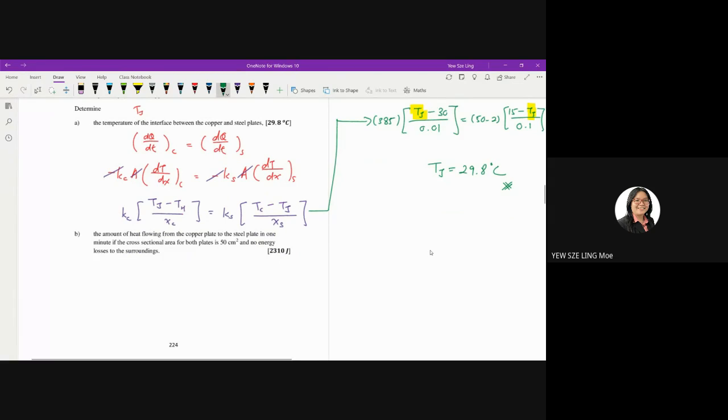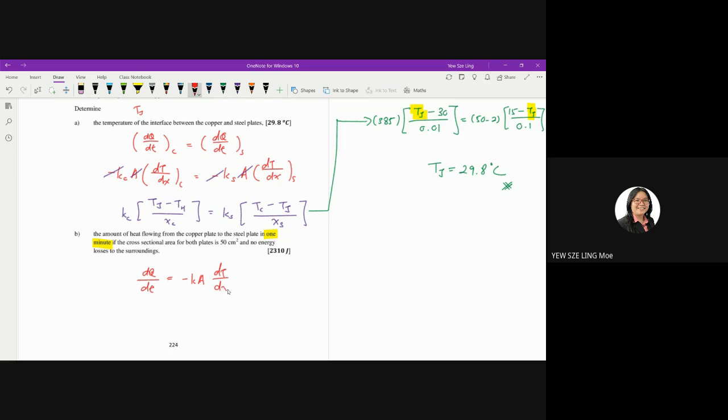Then question B. Question B asks you the amount of heat flowing from the copper plate to the steel plate in 1 minute. When we talk about the rate of heat transfer, we are talking about the amount of heat being transferred in 1 second. Now the question is asking for the heat transfer in 1 minute. So how are we going to solve it? Well, obviously, we begin with dQ over dt because we are talking about the rate of heat transfer. So dQ over dt is equal to negative KA